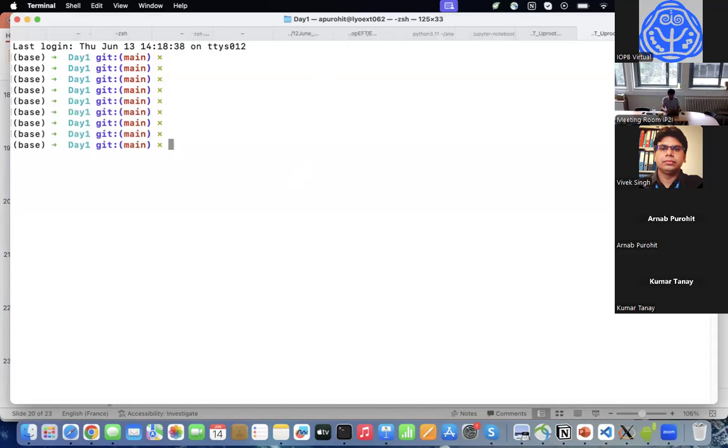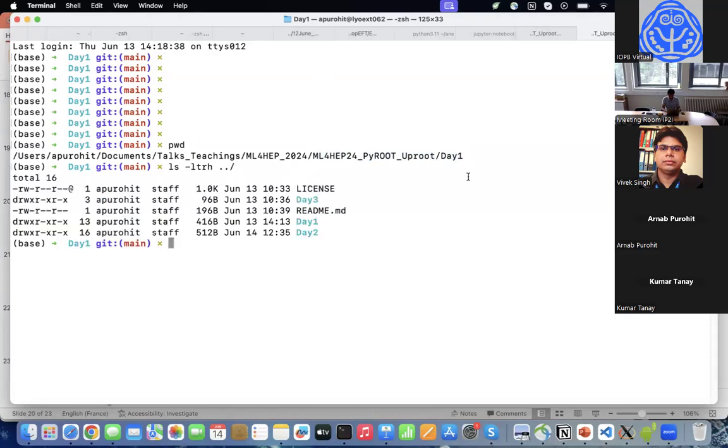I'm still in the day one directory. You can see, this is the GitHub repository that we have created and cloned, and there are multiple subdirectories inside the repository: day 1, 2, 3. So we will look at some of the exercises in day one, and then we will move to uproot. Jupyter